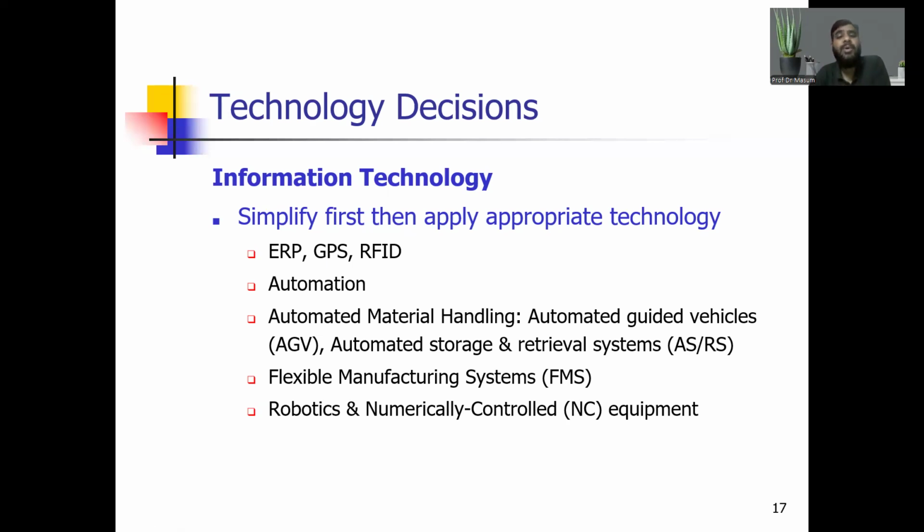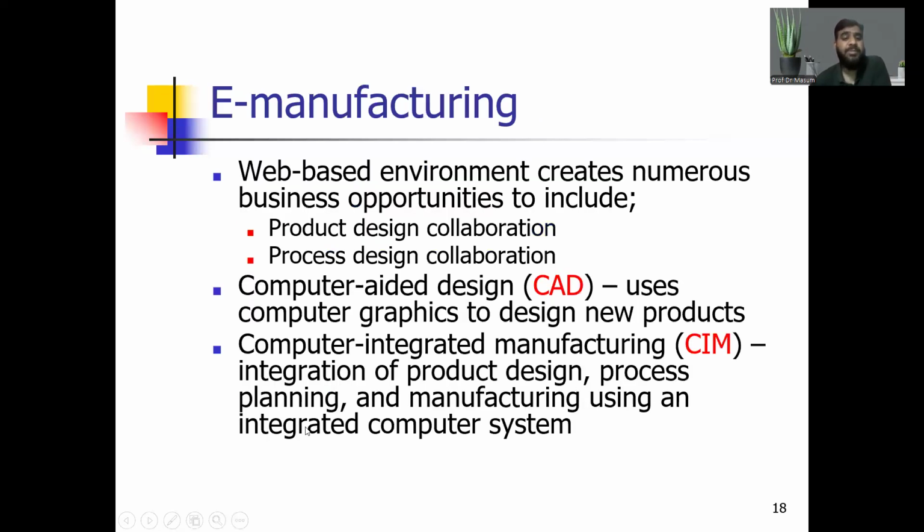If a human handles it, there may be a lot of problems. So a robot handles how the car door will be fixed. The robotics applications are very effective. Computer-aided design and computer-integrated manufacturing systems are available in today's world. So what you have to do, you have to cope up with the coming